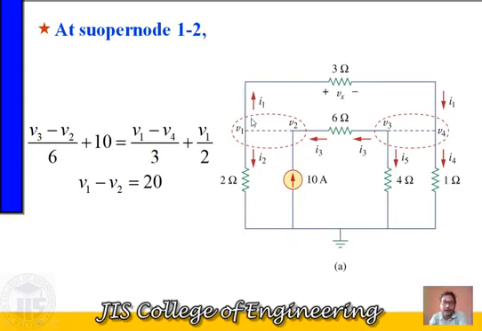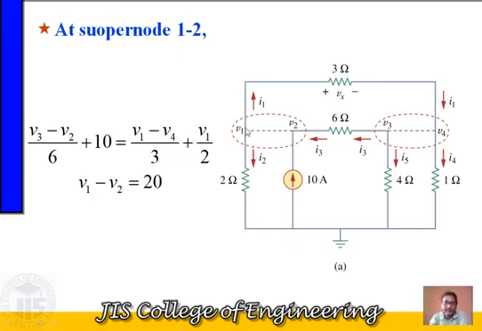Now in place of I1 current, we have seen I3 plus 10 is equal to I1 plus I2. So we have written in place of I3, (V3 minus V2) by 6. The 10 is a direct current source, and I1 originates from V1 going to V4, so in place of I1 we can write (V1 minus V4) divided by 3. Similarly, plus the I2 current originating from V1 going to the 0 voltage point, so in place of I2 we write (V1 minus 0) divided by 2. After solving this we get the result; we have to solve this.